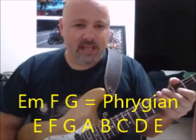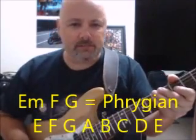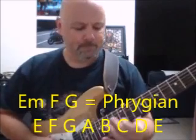Okay, this time I'm using E minor and F and G chord progression to create the Phrygian mode with E minor. Now again, the top 2 strings, 15, 13, 12, 15, 13, 12. And that way you can